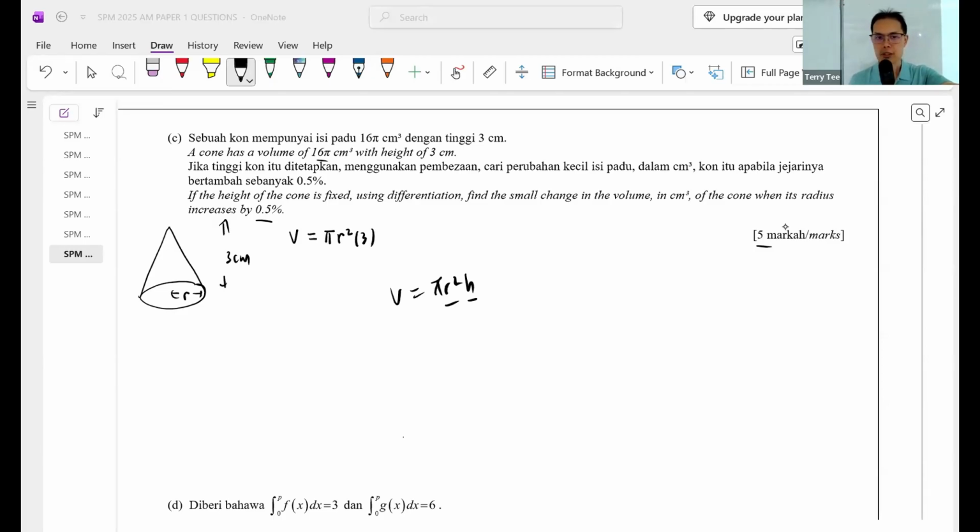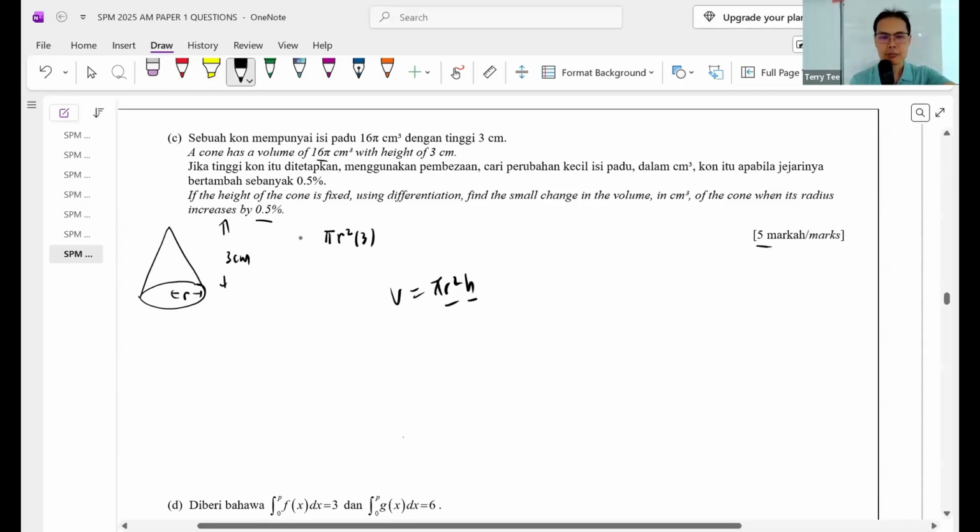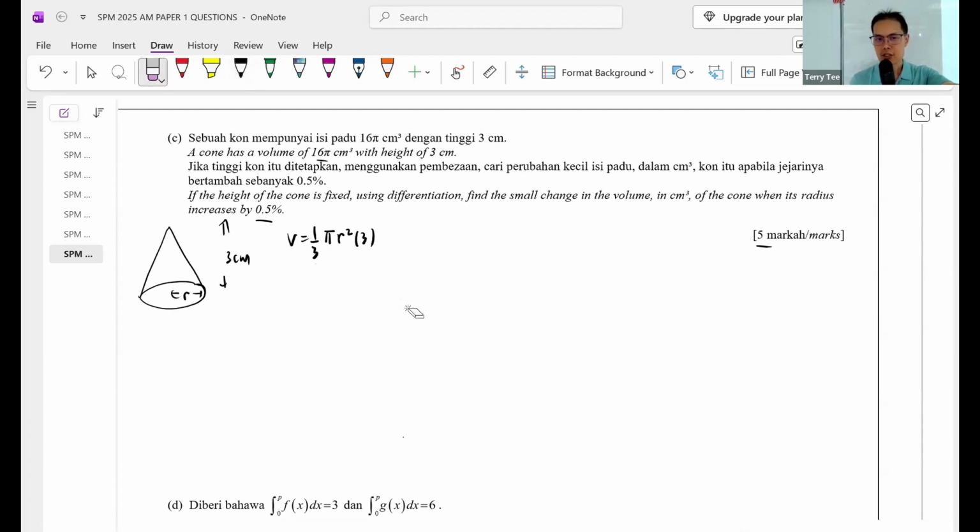Okay, right? Okay, sorry, I forgot to put a 1/3. Thank you. 1/3 pi r squared h. Your h is 3. Yeah? So can we cancel 3 and 3? You will get pi r squared. Okay, volume of cylinder is pi r squared h. Volume of cone is 1/3 pi r squared h. All right, now,